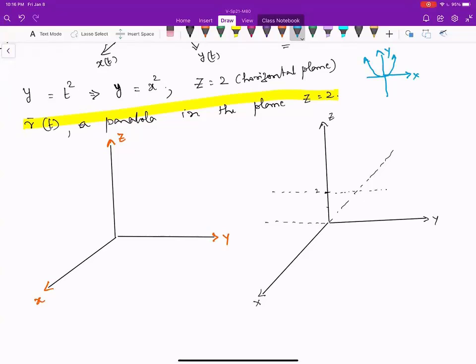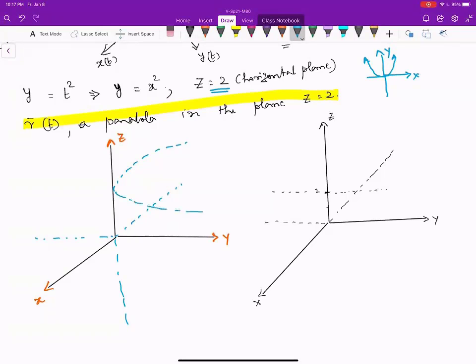Imagine that we have here the negative y-axis, and this is positive y, and this is positive and negative z, and this is the negative x-axis. So we are in a three-dimensional coordinate system. You're going to consider y equal to x squared, the parabola, in the plane z equal to 2. So you have a parabola in the xy plane and you're raising that parabola to a vertical distance of z equal to 2. So you have to lift up the parabola to a height z equal to 2.